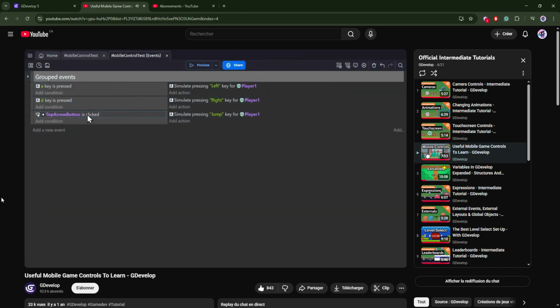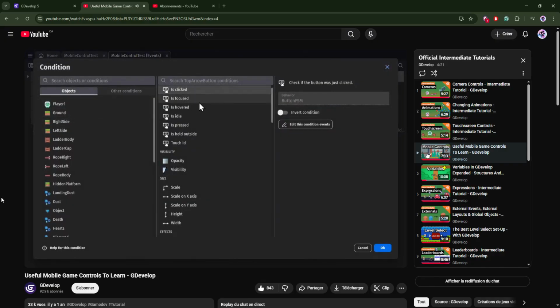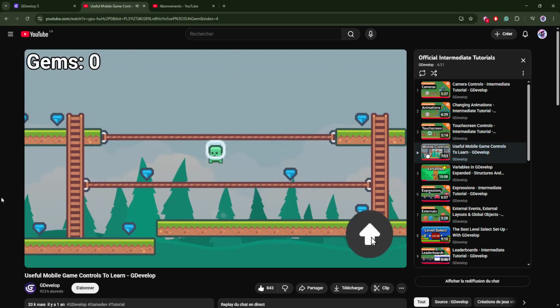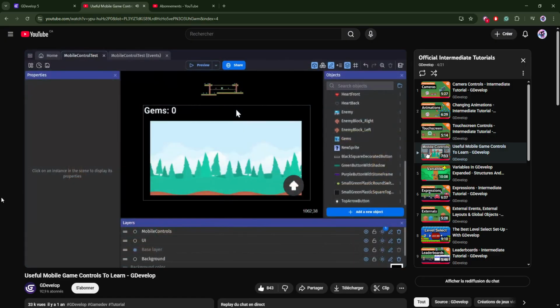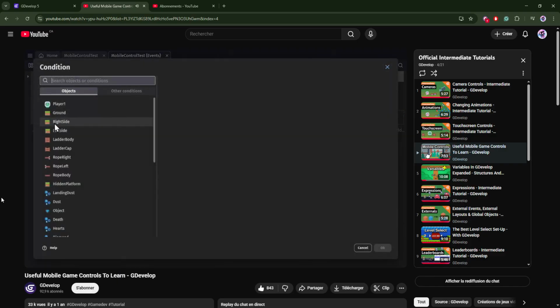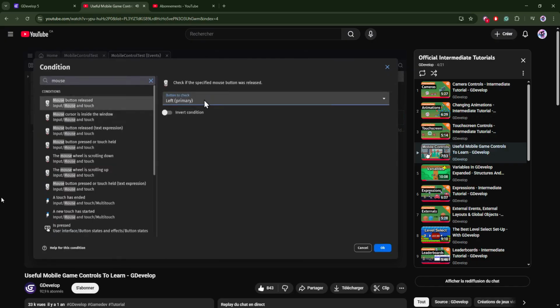Now, is clicked is only true when you release the left mouse button. So you might want to use is pressed instead, because then it triggers the moment you interact with it. Like I said, anything that works for the left mouse click and mouse controls works with a mobile device. So if I search for mouse, then I can use left mouse button is released, see if it's pressed or held,